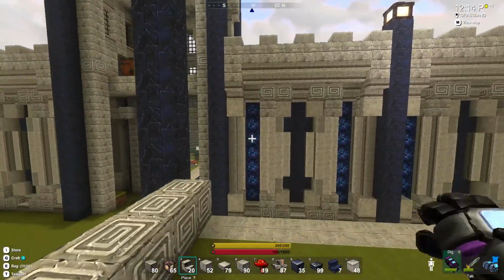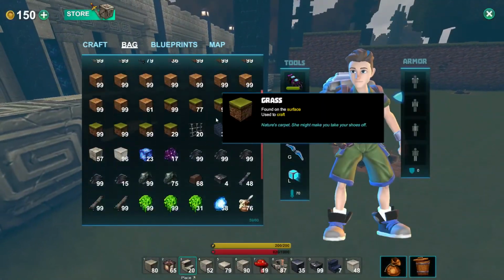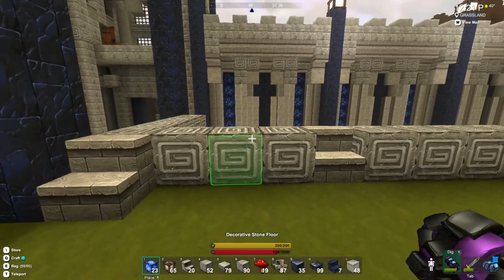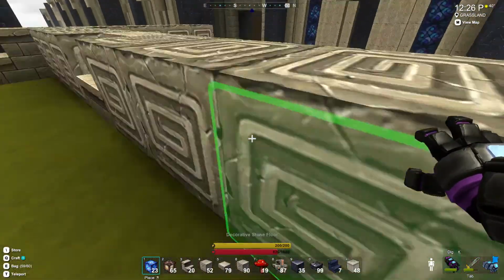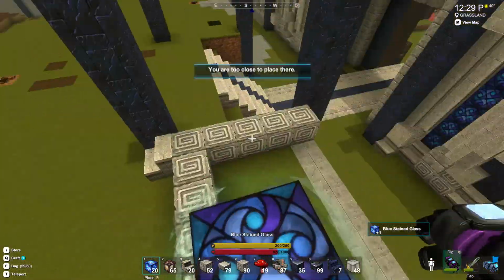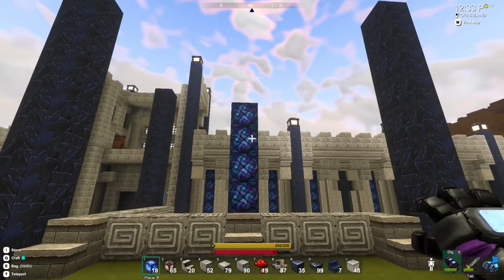Let's see. I like the idea of always having a little bit of the stained glass. So that seems to be a theme. So I'm going to run with that. I'm going to have some stained glass. And what I might do is go back to having stained glass in the middle. Yeah, let's try that. Let's go back to having stained glass in the middle. But let's...